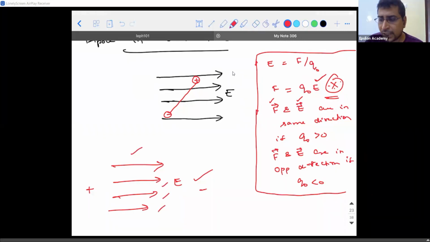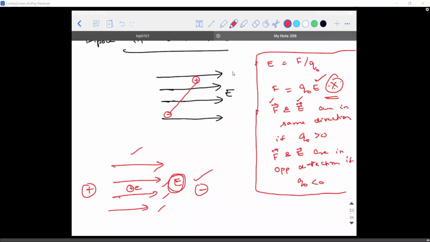Okay, that is generated from some source. I don't know what that source is, but I know that there is an electric field. Now my job is to take a point charge, place it in that electric field, and do an experiment and tell how that charge is going to experience force. If I place a proton in this electric field, then according to F is equal to Q naught into E, what will happen? This electric field E is produced due to the source charge. In this case, the proton will behave like the test charge. So the proton will experience a force in the rightward direction. Accepted? And what will be the force experienced by it? It will be small e into capital E.